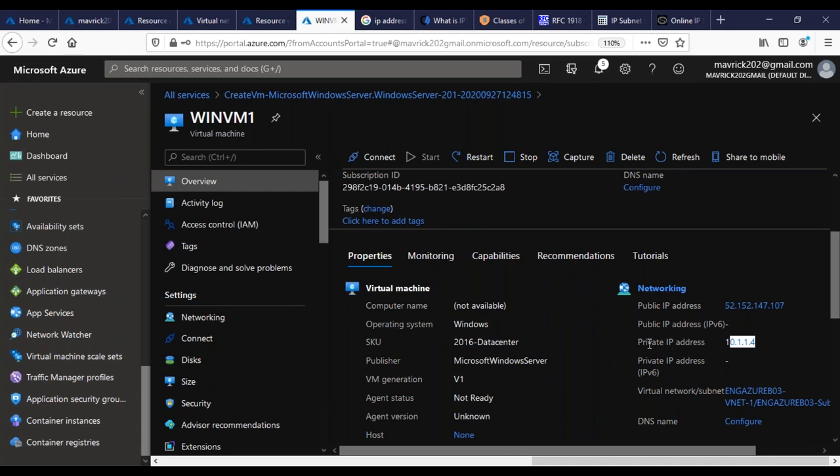But in real-time environments, you're not going to assign a public IP to the server, guys, because it's actually a threat. People can ping that and get that server down. It's called a DDoS attack. I'll explain that later. So what I'm going to do is connect to this one. Copy this.